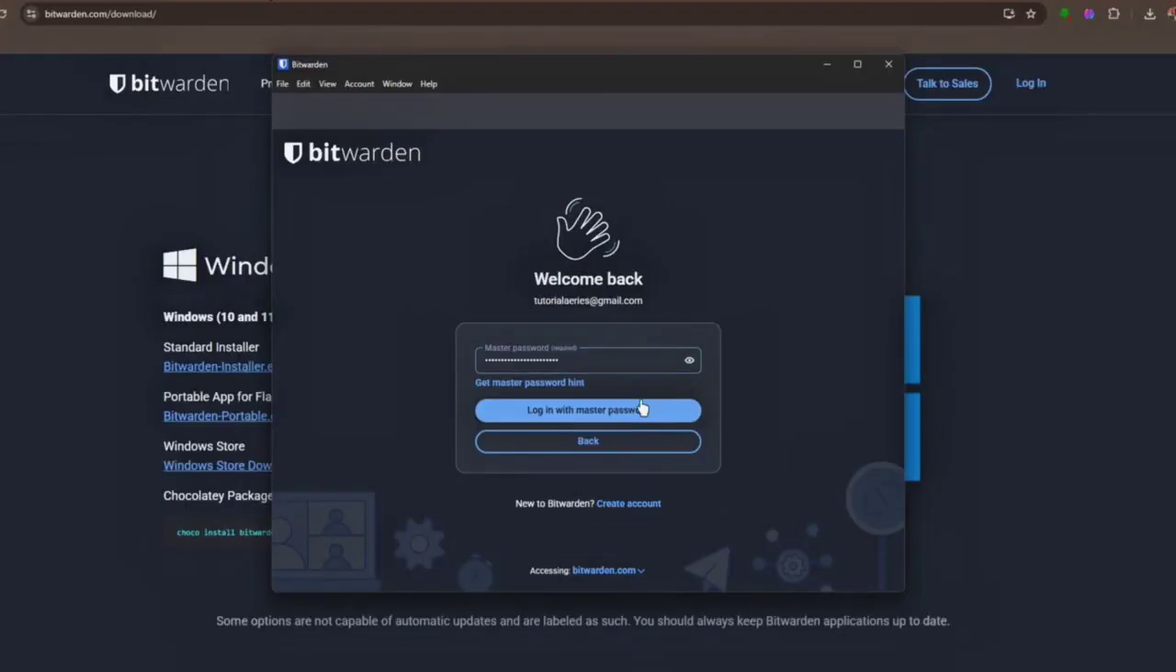And there you have it. With Bitwarden installed and set up on your PC, you're now equipped to manage your passwords securely and efficiently. Keeping your information safe is crucial, and Bitwarden makes it easier